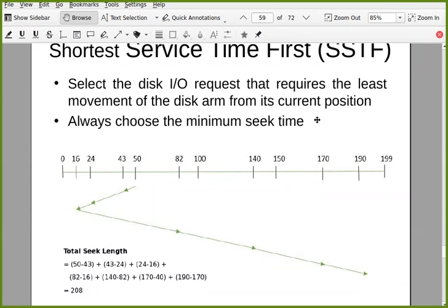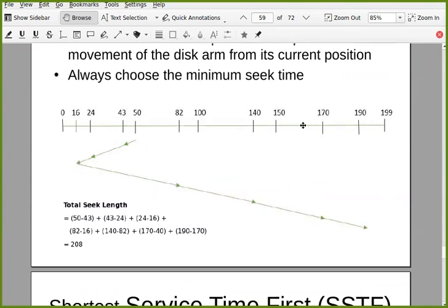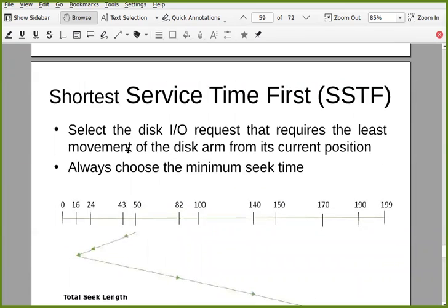For which job I need to travel least, that is my next request that I will complete. So in the same example, you are at 50 initially, so 43 is the job at track number 43. That job is going to take the least time.